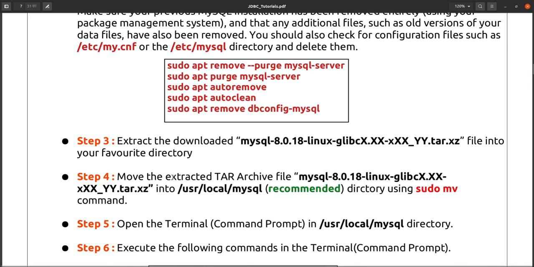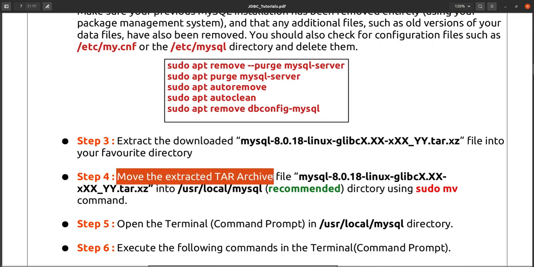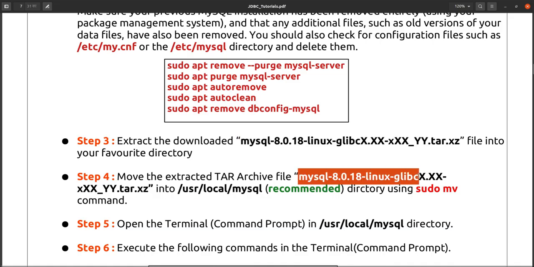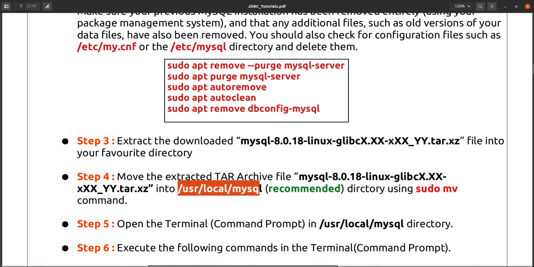After extracting, you have to move the extracted folder. After extracting this jar file, you will get one directory, one folder. You have to move that folder into the directory under /usr/local/mysql. This is the recommended location. You can move it to any other directory also, no issue, but sometimes it may run, or